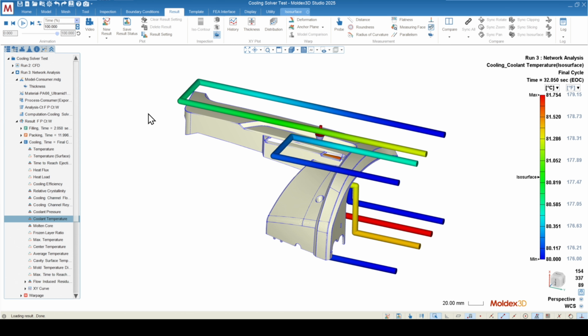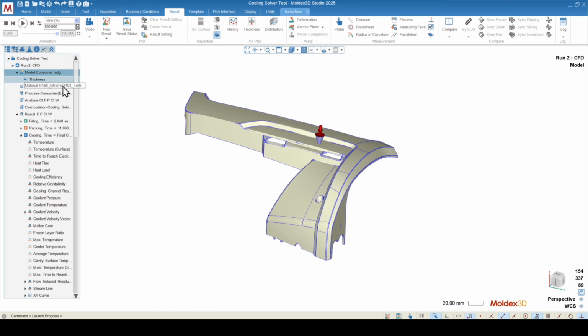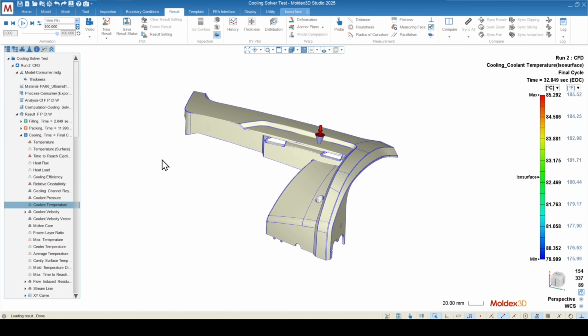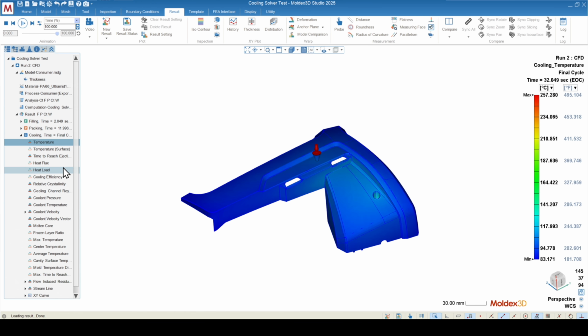If we want to go one step further and we want to get the comprehensive flow calculation through our cooling channels, this would be the 3D solid cooling channel analysis, or the CFD analysis as we call it. And with the CFD analysis, we get actually a very similar result output. There's a couple of additional items that we get with the CFD that were not available in the network analysis,